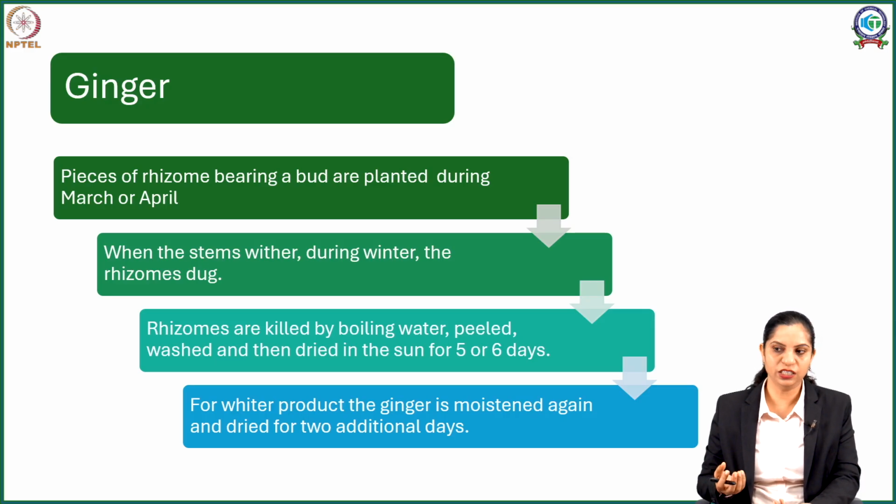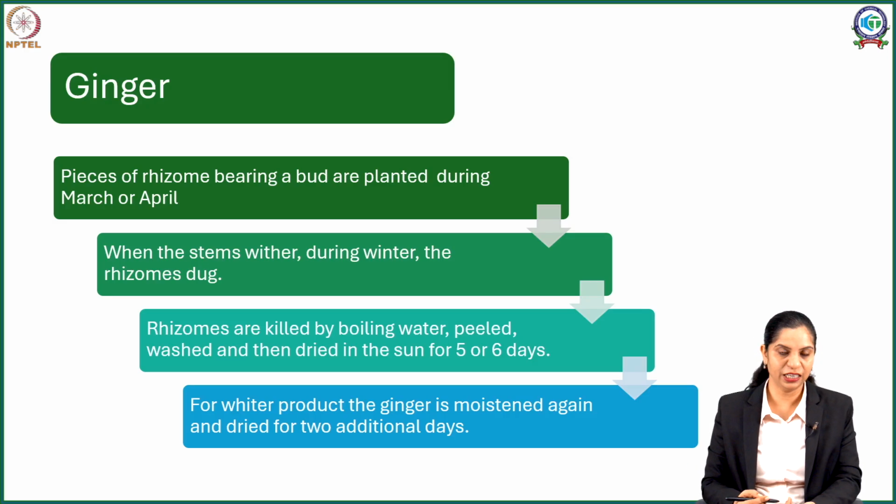Now in some cases, when you want to preserve your ginger for a longer duration of time, what happens is, if you keep these fingers or rhizomes of ginger in a good moist place, you will see they gradually develop stem. We don't want that to happen if you want to store it for culinary purpose. For cultivation, that is fine, but for culinary we don't want it to grow into a new plant.